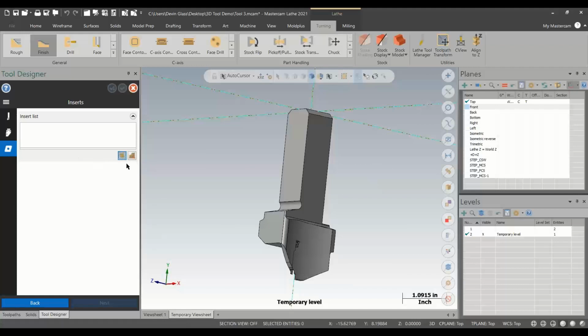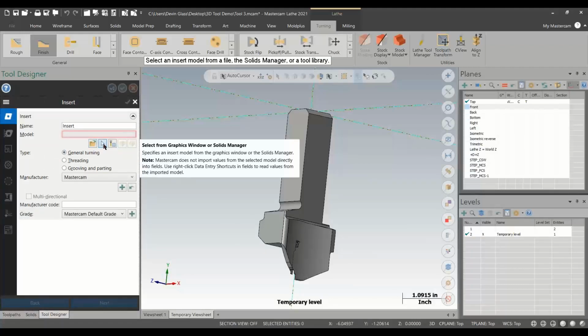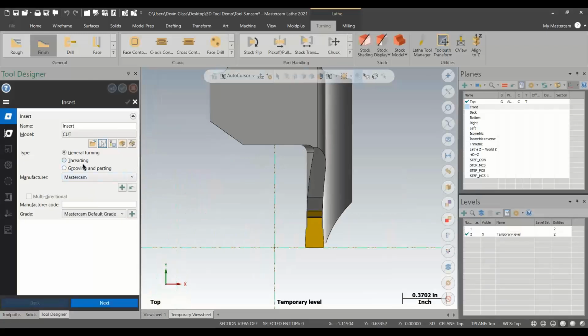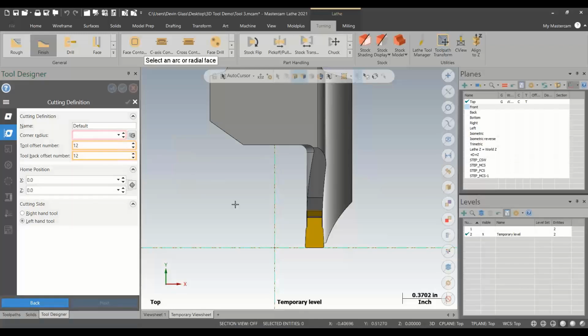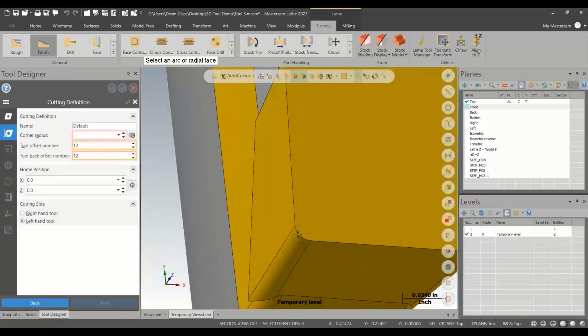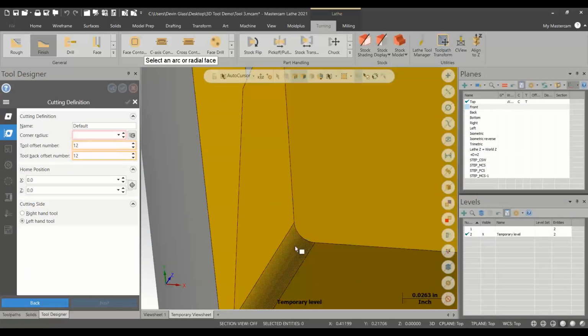Insert page, make a new insert. And grab one from the screen, grab that guy. It's a grooving tool. And for the corner radius, now this is a situation where this solid edge is not specifically an arc. I could probably grab this arc edge or this arc face, but this is generally tapered for clearance. So the fastest solution to this problem, if you cannot actually go pick the radius, the fastest solution is to